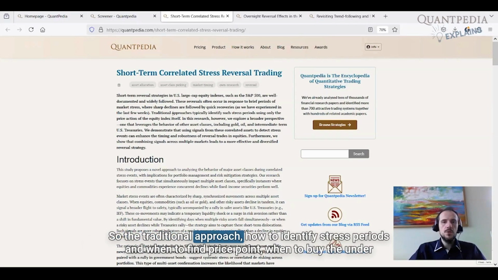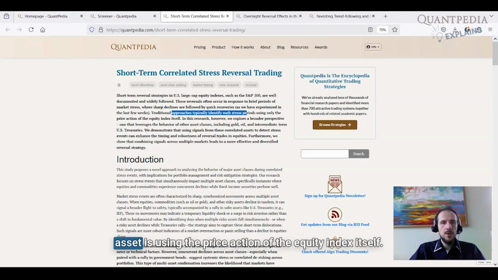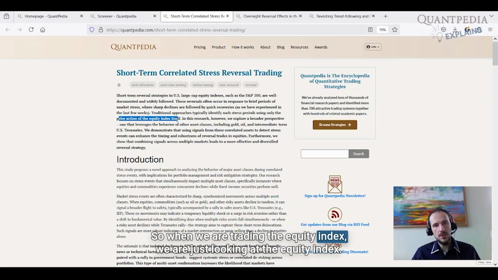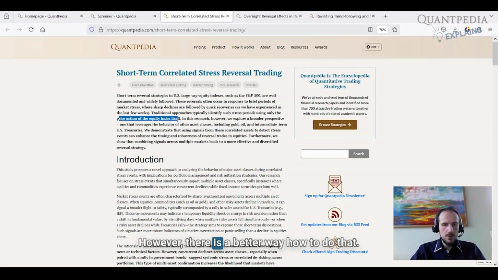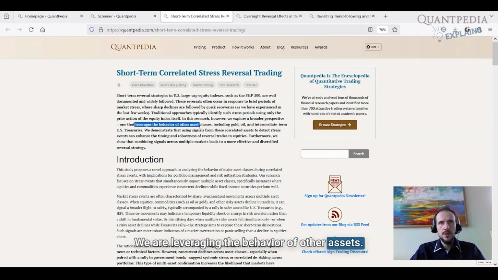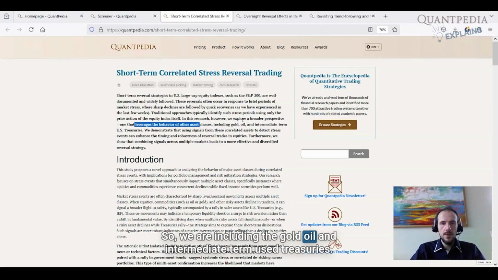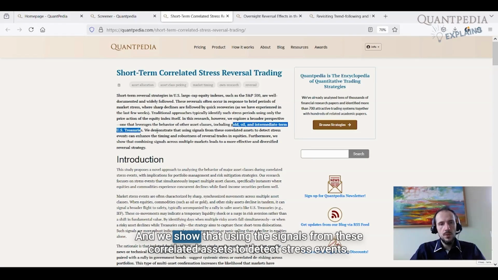The traditional approach to identify stress periods and find the price point when to buy the underlying asset is using the price action of the equity index itself. So when we are trading the equity index, we are just looking at the equity index. However, there is a better way, and in this research we are exploring a broader perspective. We are leveraging the behavior of other assets. So we are including gold, oil, and intermediate term US treasuries, and we show that using the signals from these correlated assets to detect stressed events